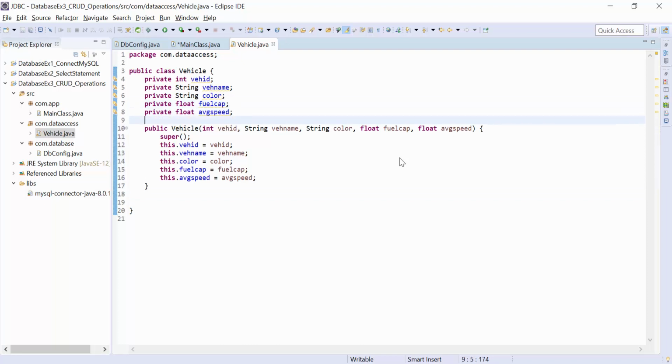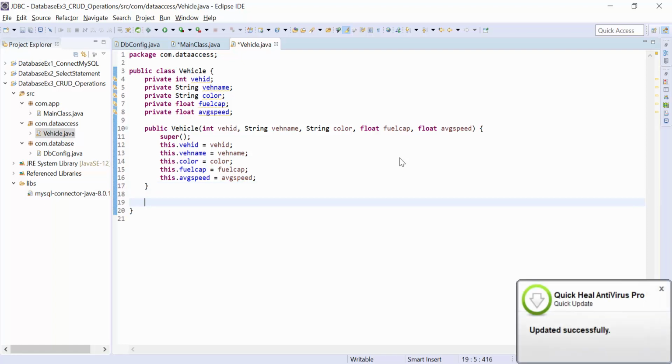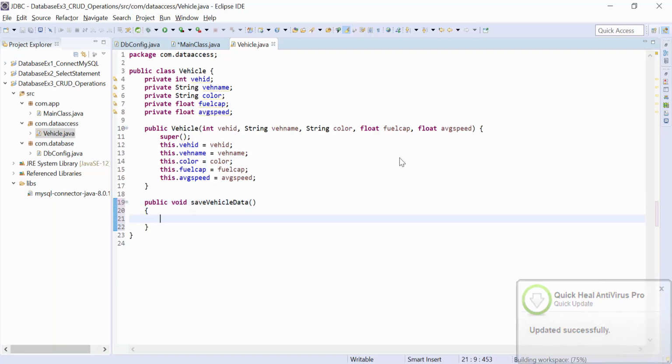Like this we add data to vehicle, and then to save to the database we write a function, public void saveVehicleData, like this.